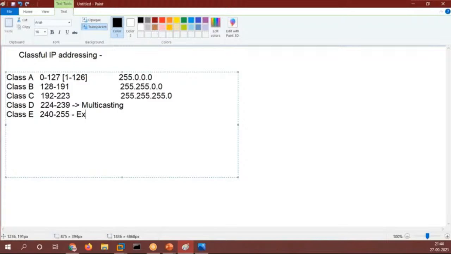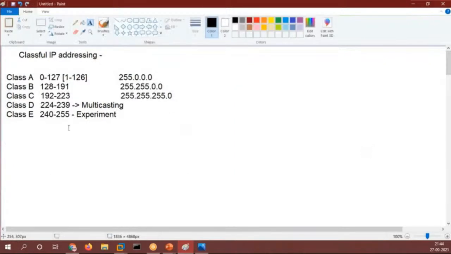Otherwise not, if you are not part of his network or not subscribed to him. Same like that, we have a multicasting group, and you have to be a member of it. That is your multicasting. And 240 to 255 are used for experimental purposes.